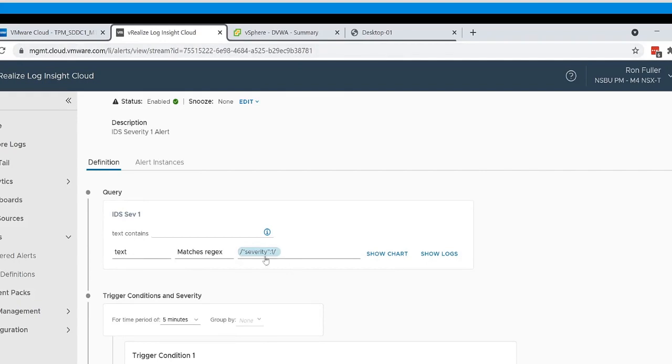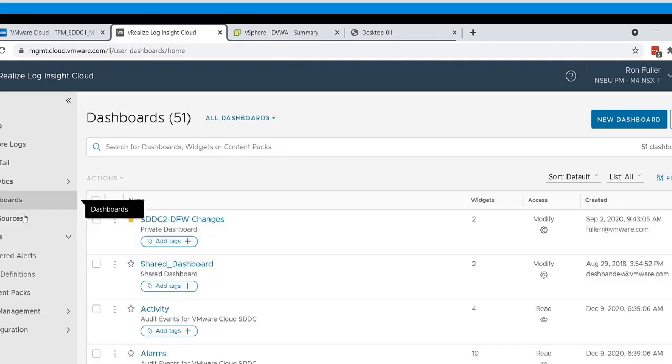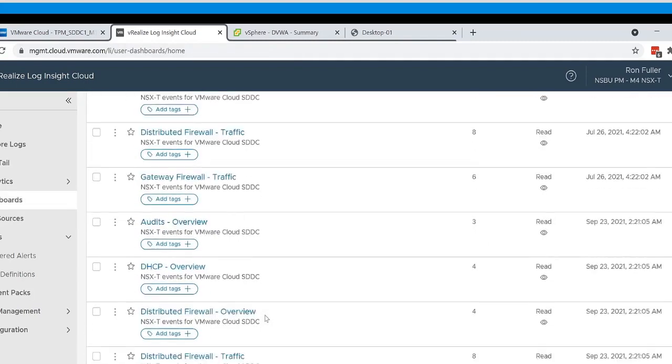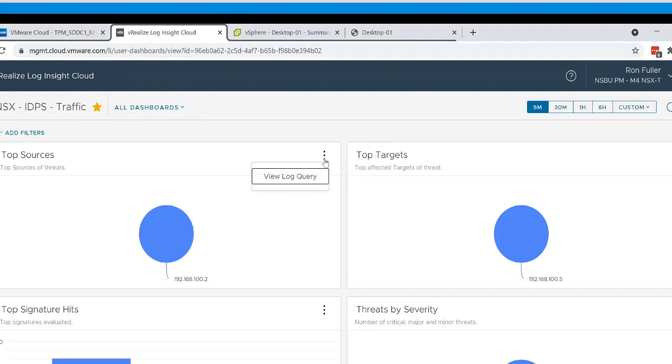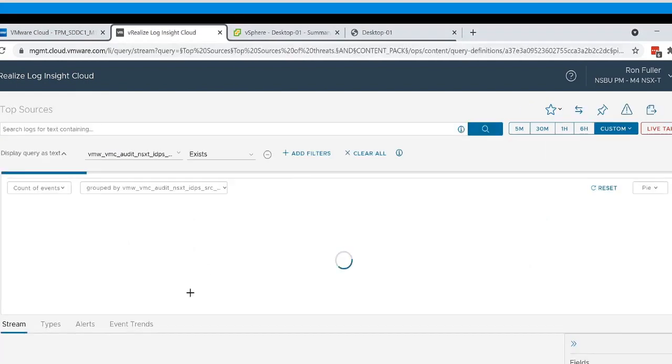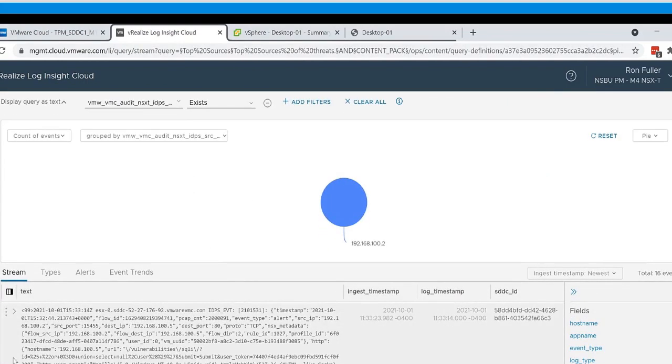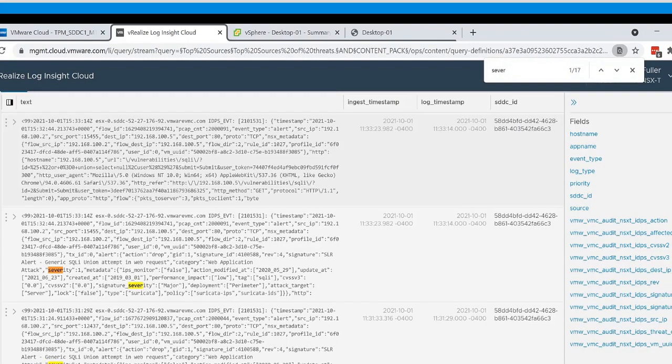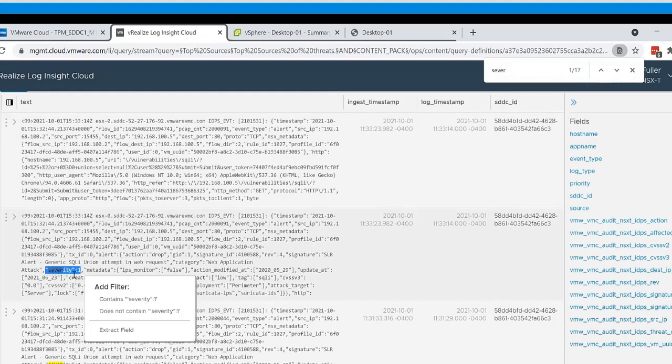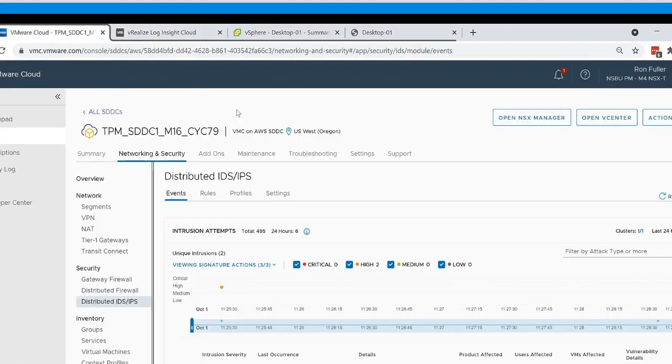So based on the severity 1 attribute that we saw over here in the traffic dashboard for this particular event, we can see where that alert was generated, right? So we can do the view log query again, and we can see the severity for that we were matching, which is this regular expression here, right? The "severity":1, and being able to match off of that. So that shows you a quick example of how to do some alerting inside of VMware Cloud and